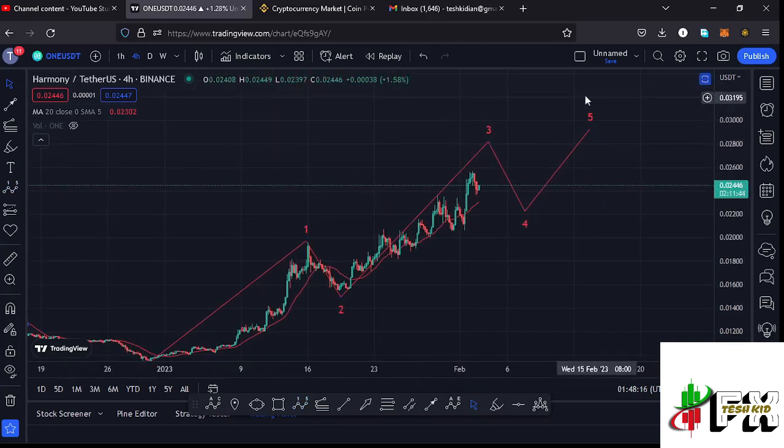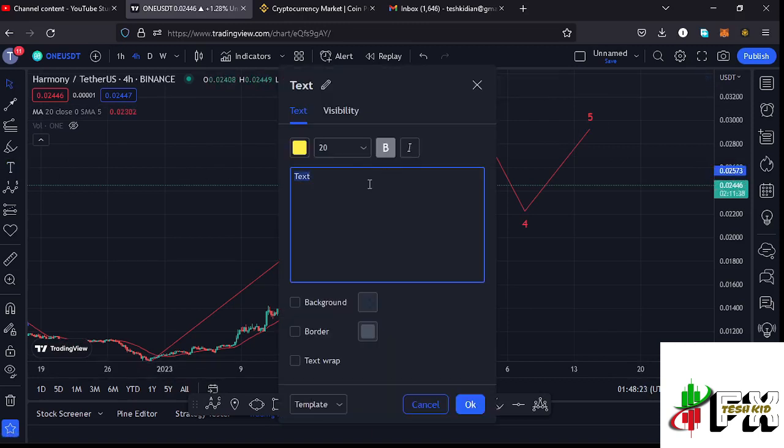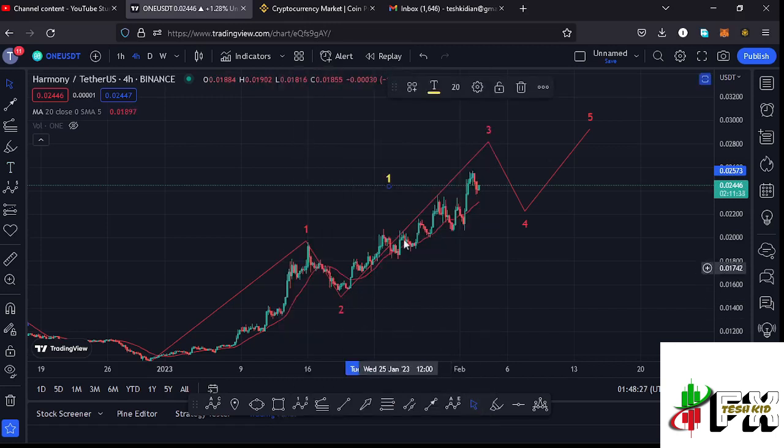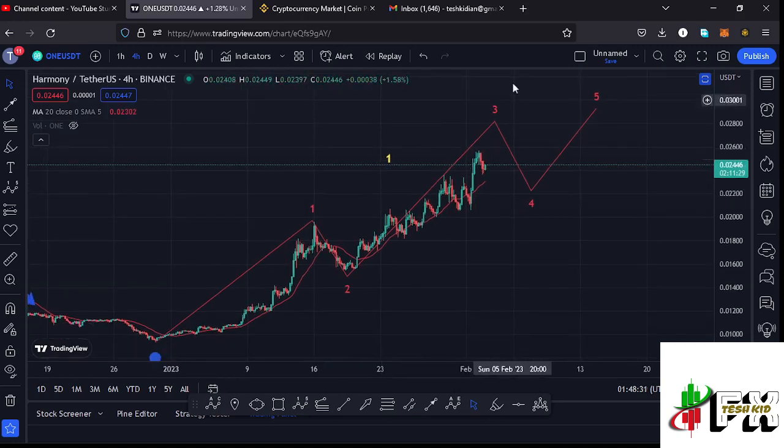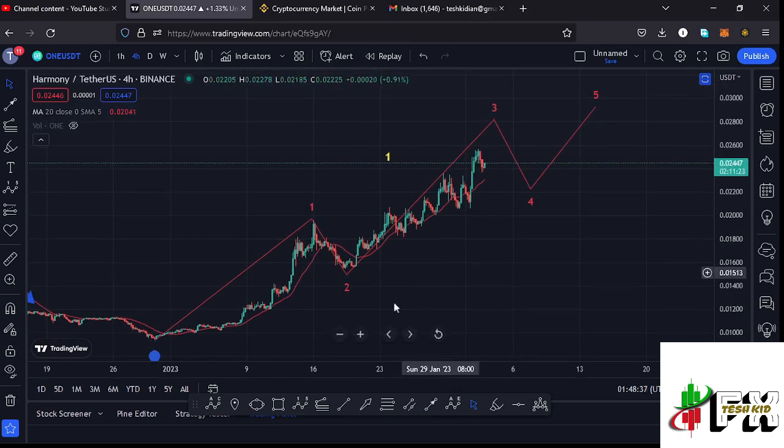And once you see the formation of this wave 5, I believe HARMONYONE will be completing an even larger ED12 count 1 to the upside. So once you see the formation of that wave 5, we can name that 5-wave structure to the upside as a larger ED12 count 1 to the upside, and I'm giving you my next target areas in the formation of this wave 3, and also to see whether we have peaked in the formation of this wave 3 using a